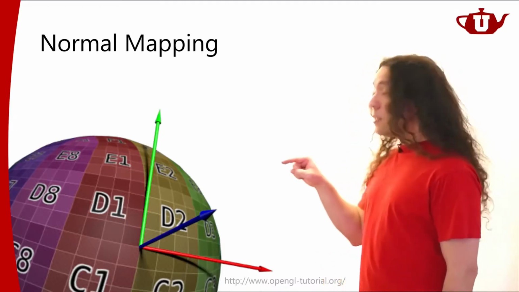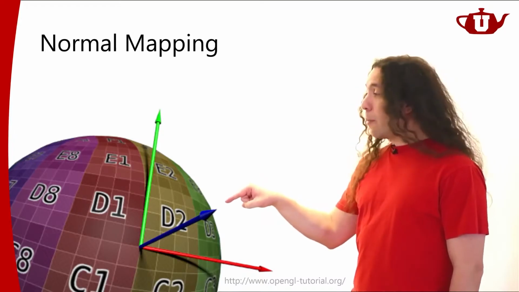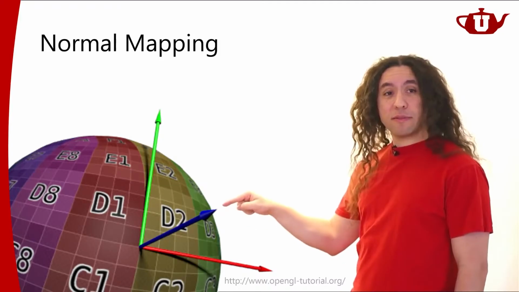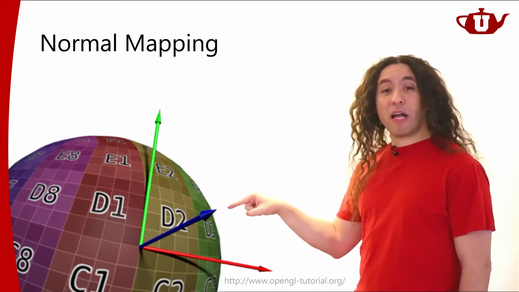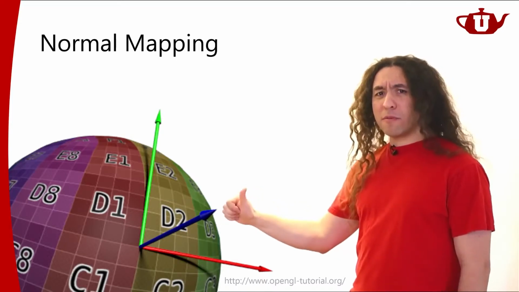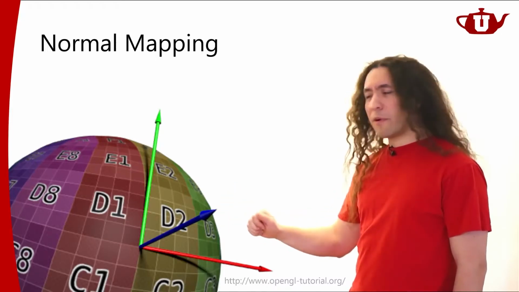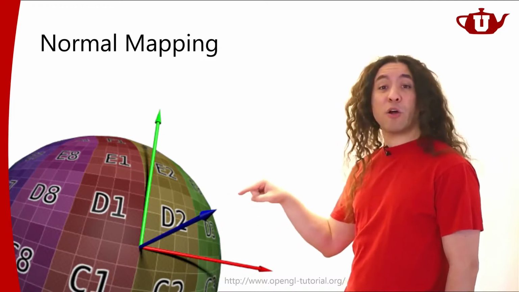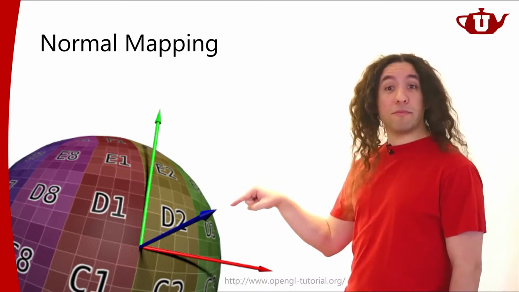Now, because this geometric surface normal is aligned with the z direction, normal maps will have a lot of blue in them, because we use normal maps for perturbing the normal slightly, typically. So for a lot of the surface, I'm going to have normal values that will be close to the geometric normal, and the geometric normal will give me blue, right?